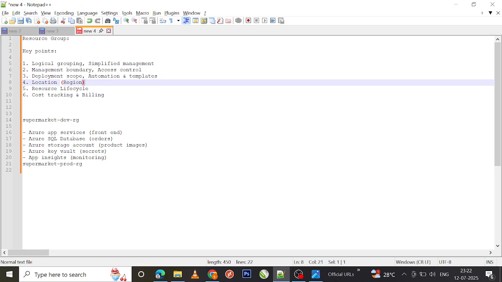And then place the resource group in the same region as most of the resources for performance and resilience. As I said earlier, as a best practice, you ideally want to create a resource group in the same region that is present in other resources. All right,